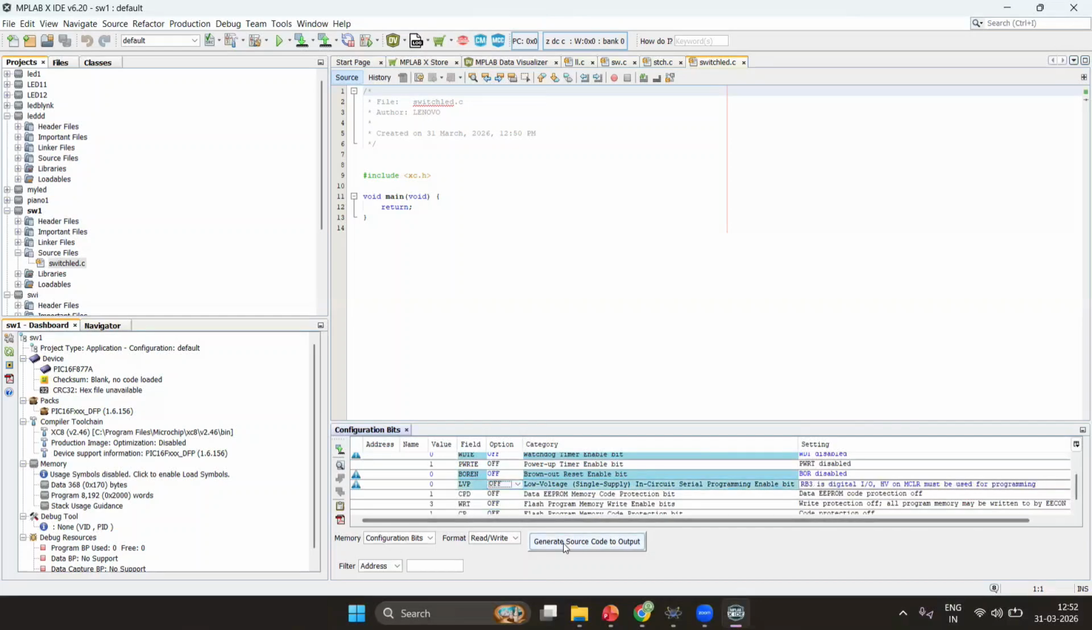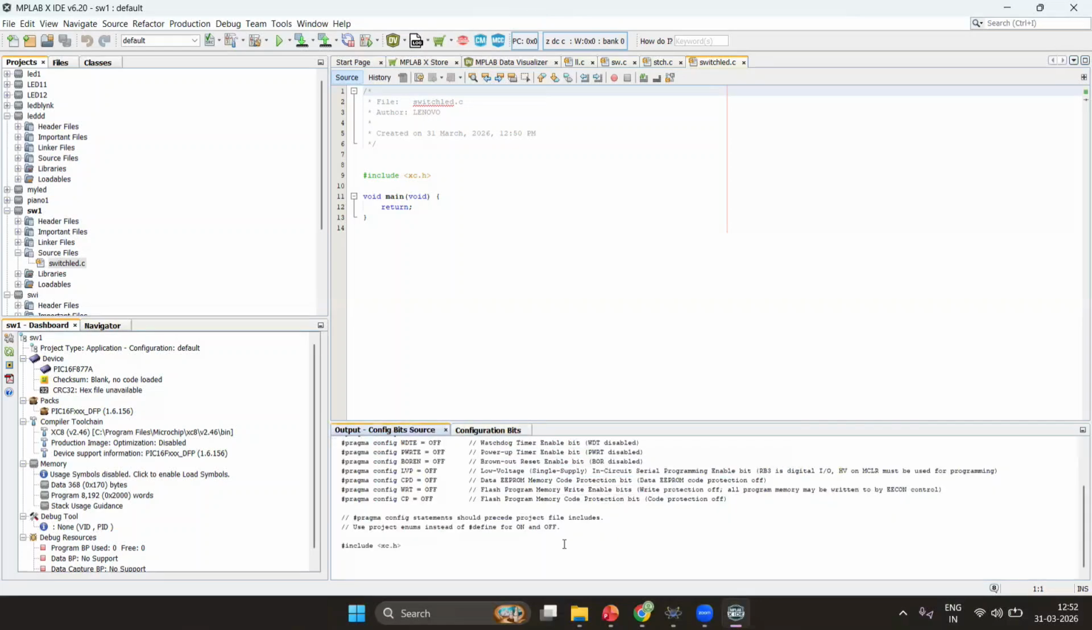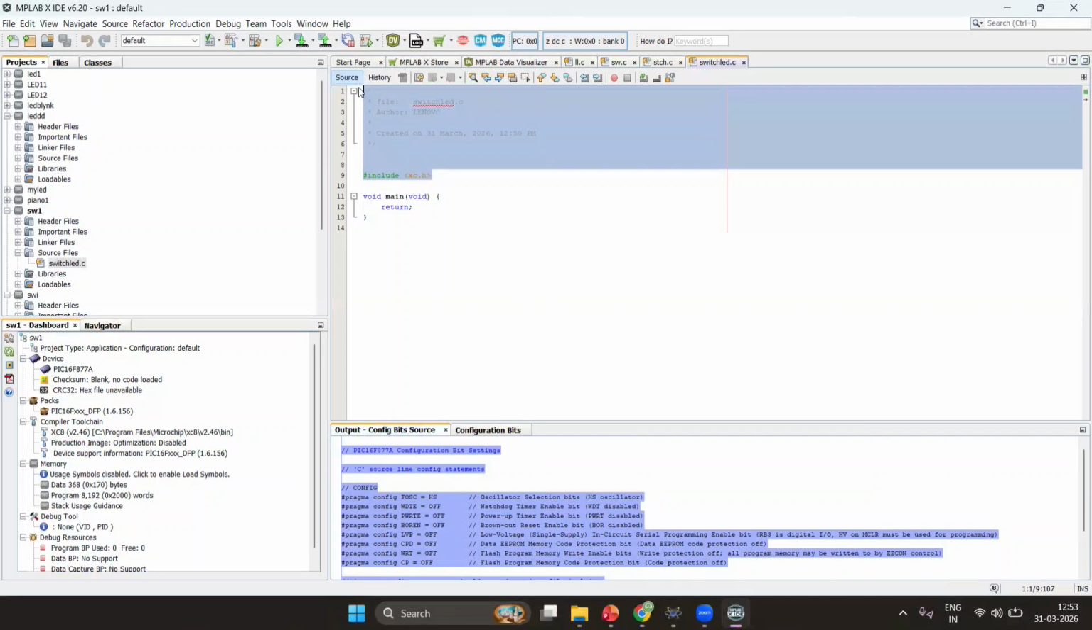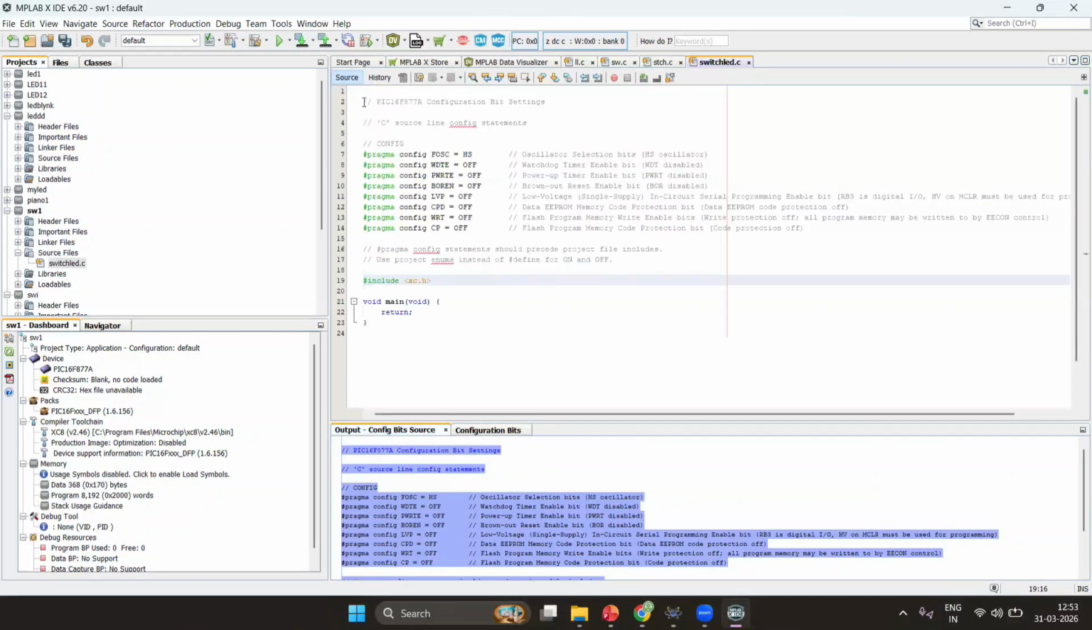So after that, you have to generate the source code, and I'm going to copy it and paste it here. Okay, and then do the rest of the program. So here I have to give the clock frequency, hash define,